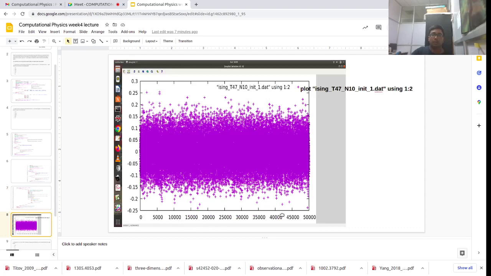So in the x-axis you will see the total number of iterations, and in the y-axis you will see the values for initial magnetizations. You see all of the values are within 0.15 to minus 0.15, and except 0, the other